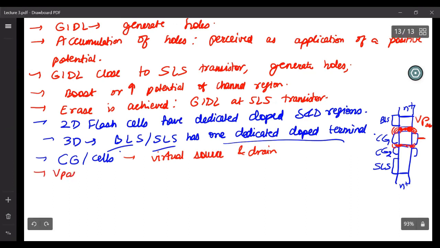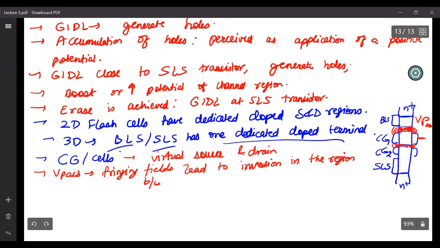When you apply VPass, the fringing fields lead to inversion in the region between your cells, and that is how you have this virtual source and drain region.